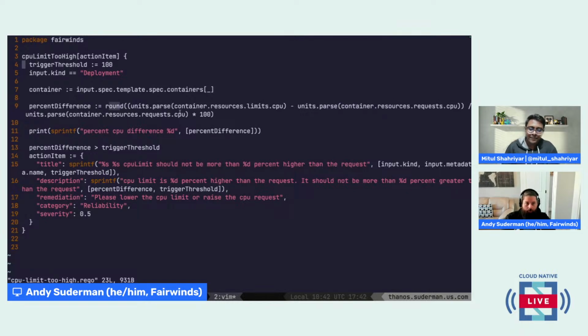We round them, we do a little bit of math here, and we're able to write more complex validations. That's another benefit of Rego: it allows a level of complexity you might not get with JSON schema, Kyverno policies, or CEL. So it's always good to evaluate the different policies you might want, the level of complexity, and where you can write them.